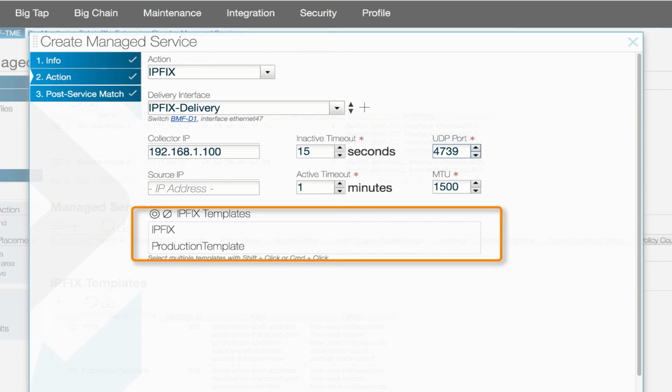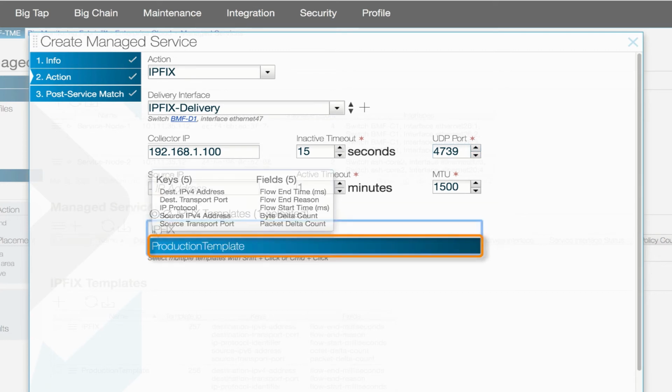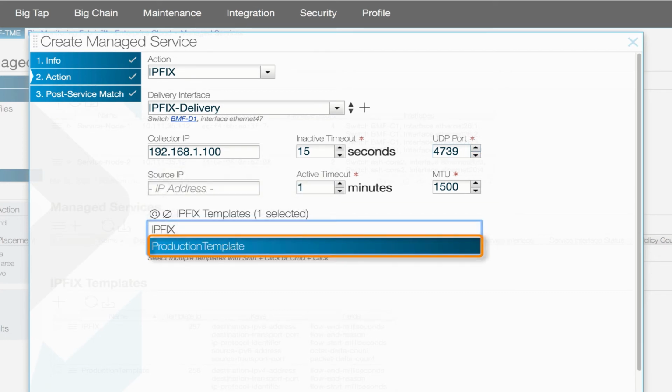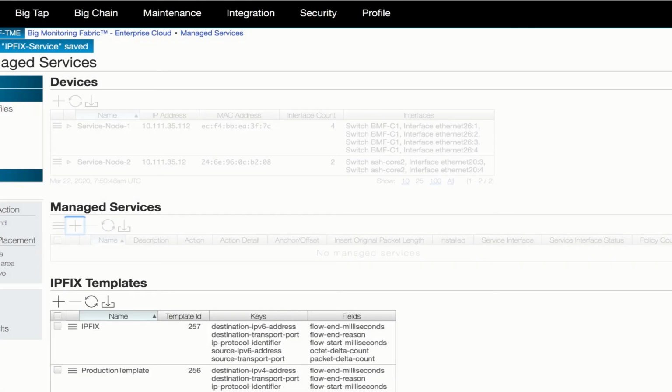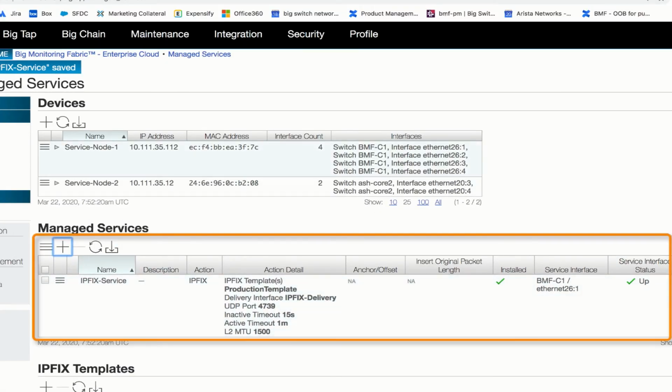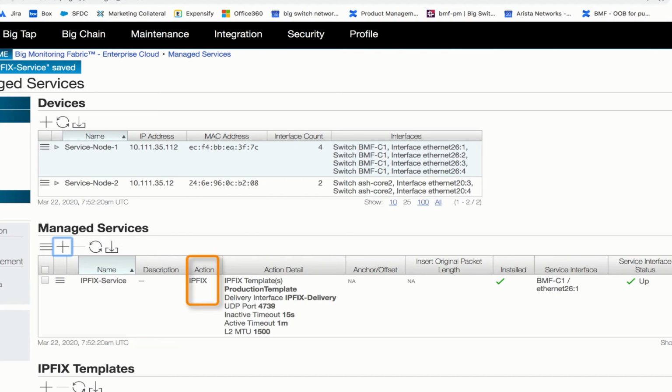IPFIX template table enables user to select the template for the IPFIX managed service. For our demo, we will select production template, which we created earlier, and save the IPFIX service. From the managed service table, we can see that the service has been created. Action for the service is IPFIX, details for IPFIX service, interface the service is running on, and the status of